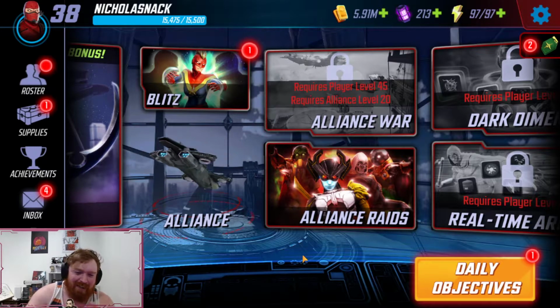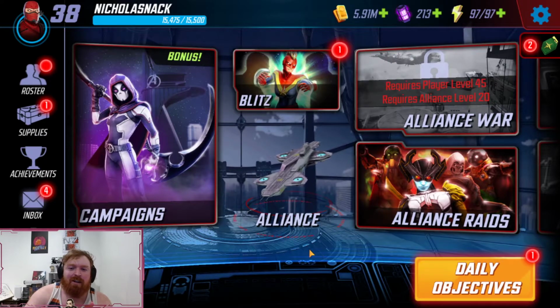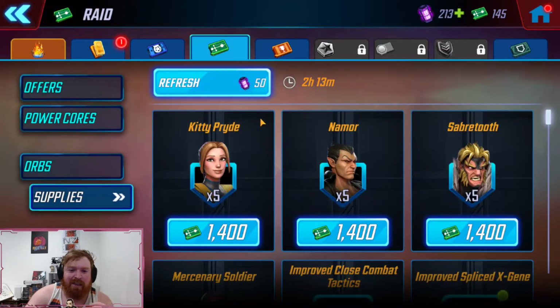So my first recommendation is find an alliance that's decent. Even if it's one of the randomly generated ones, you can get put with players who actually care. And, you know, because of that, I think I've done